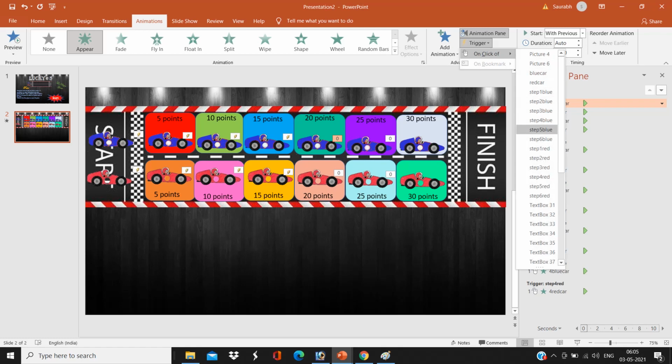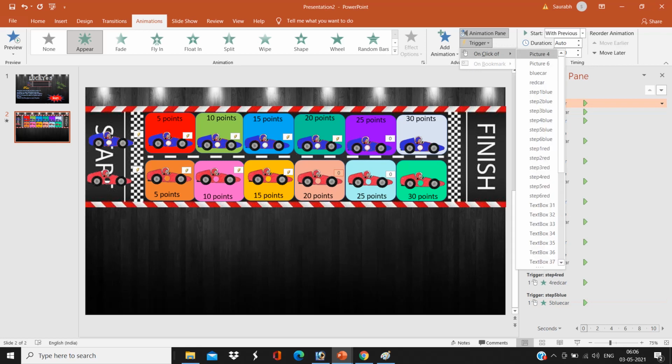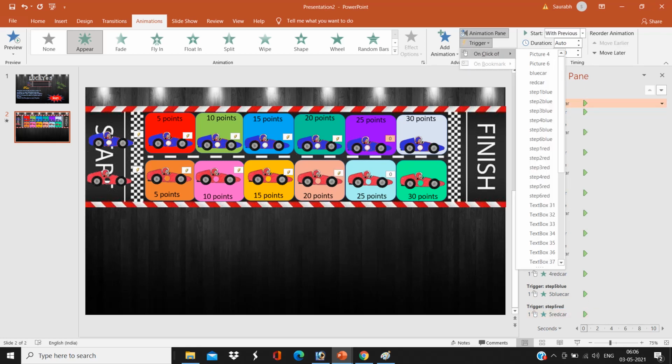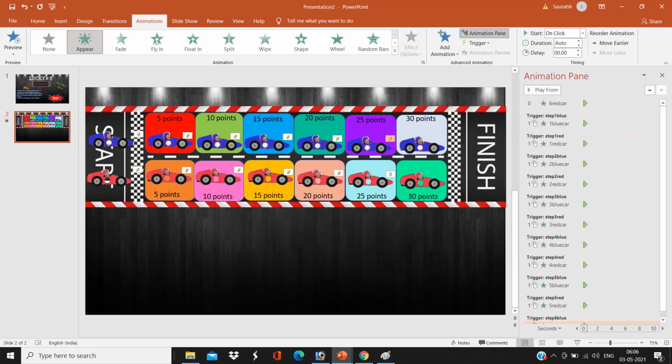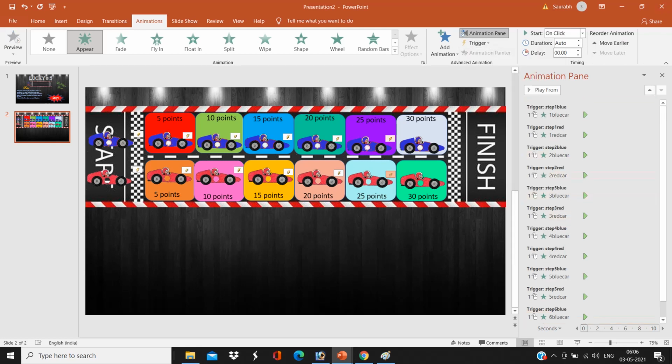As we have already renamed it for our convenience, you can rename it whatever you want. As we can see, I am giving every car a trigger point easily. After that, when I click on the particular rectangle, that car will appear.